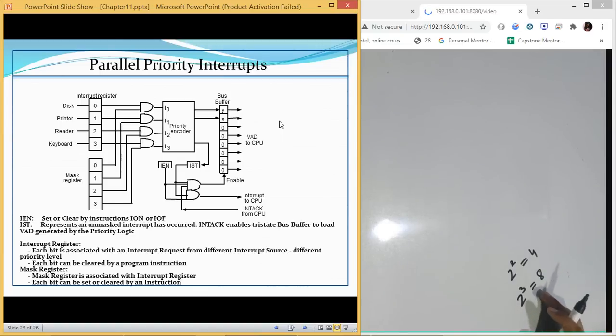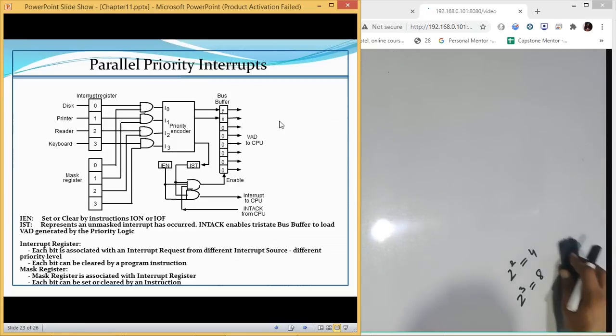Now the priority encoder is just performing the reverse of it. It is simply taking four inputs and converting them into two outputs. They have defined it with the help of priority, so the devices which are connected are connected in accordance with the priority.